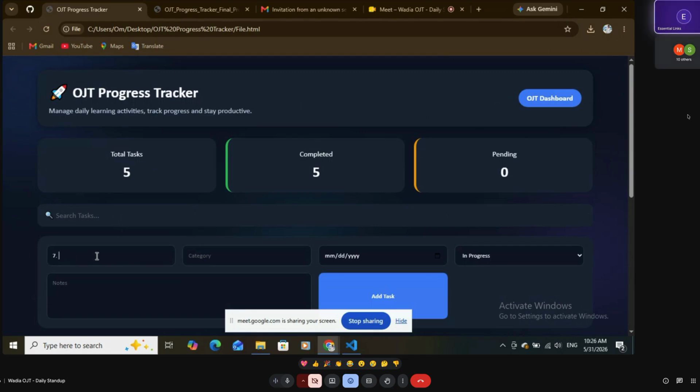In the task title, can you add only numbers? Yes, sir. Okay. So do you think that makes any sense? The task title has only numbers, but no text. Will that make any sense? No, sir. Okay, and just scroll down.